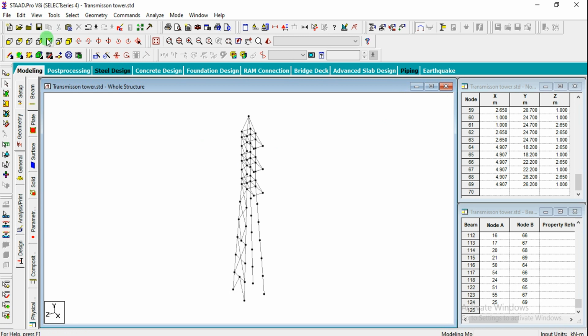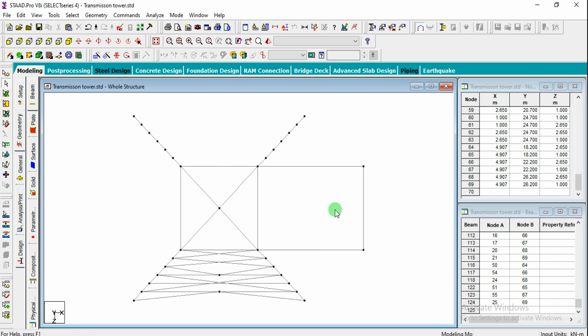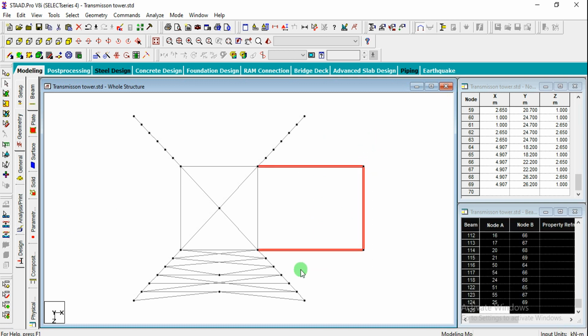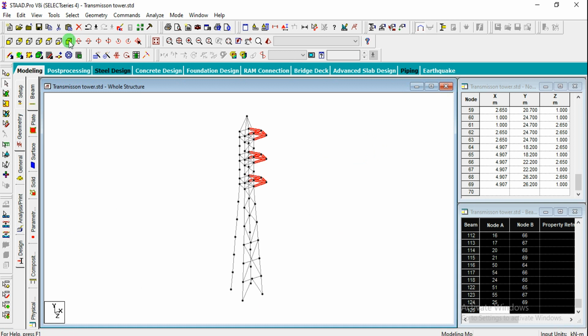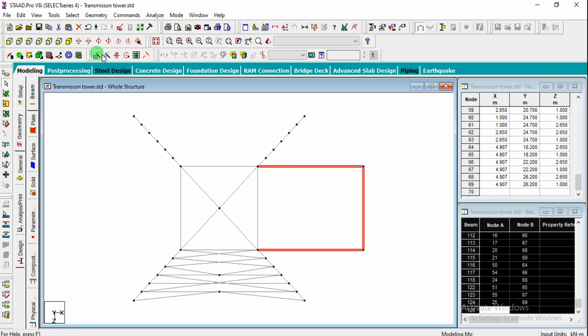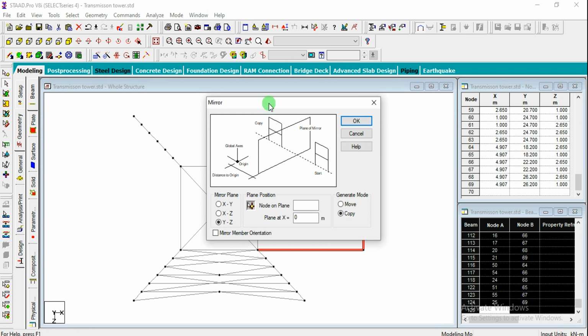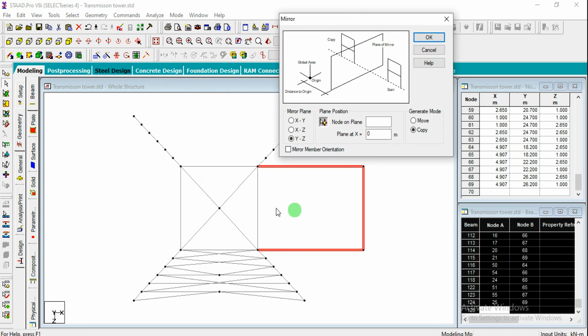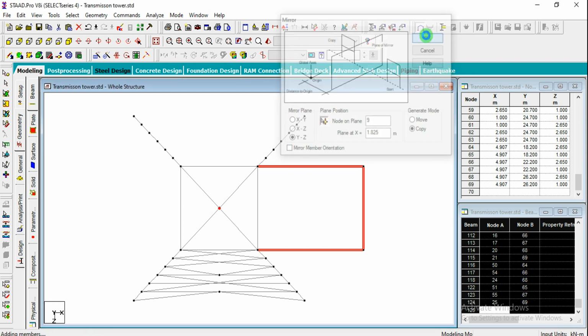Okay. And instead of doing all this work again, simply this can be mirrored towards the left side. So you can simply select this one. This total portion can be selected, and just go for top view, mirror, and whatever objects are on the right side have to be mirrored to the left side, right? So that will be mirrored towards the YZ plane. So the YZ plane will be acting as the mirror plane, and we have to take this as the middle position, since that node is acting as the center point for all the structural members there. So you can select that and click on OK.